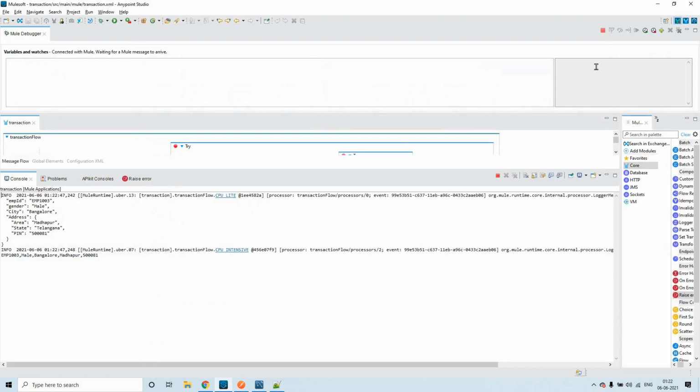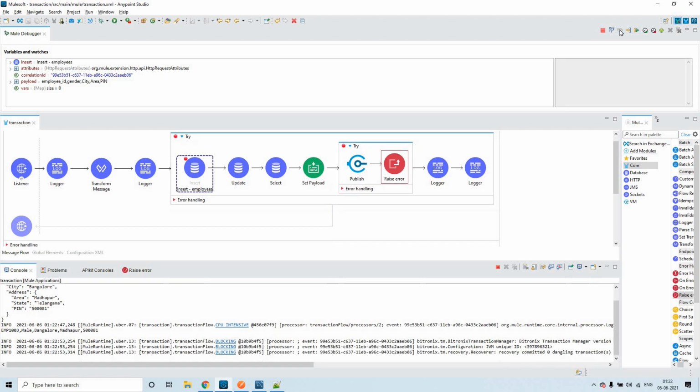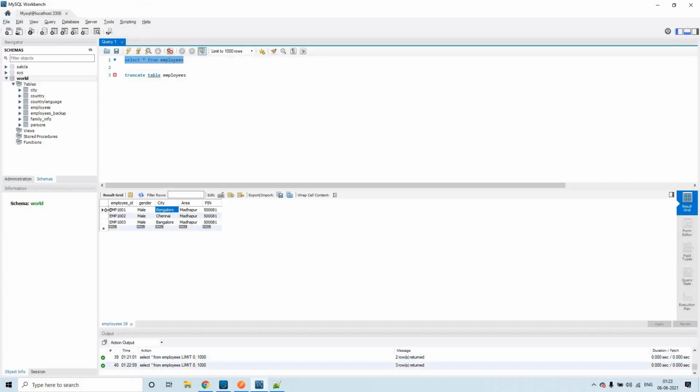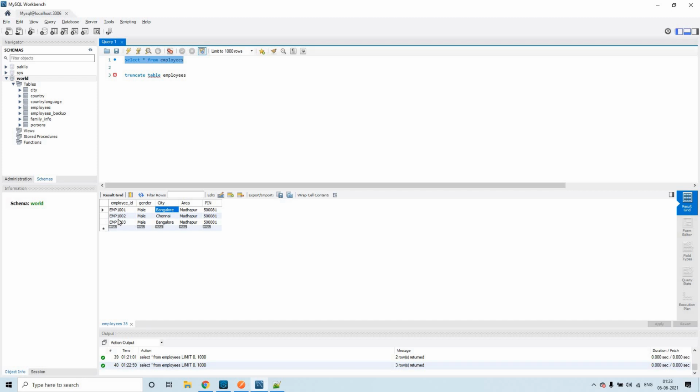Click on next. Now let us observe these things. You see here, the first employee city got changed to Bangalore because we said that, and it has also created a third record where the employee ID is 1003.